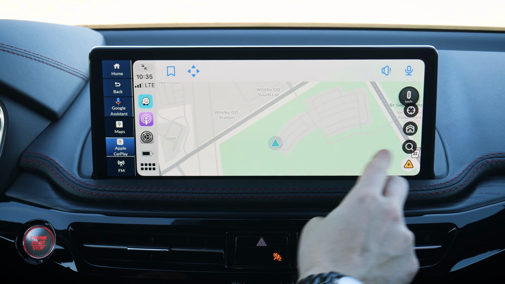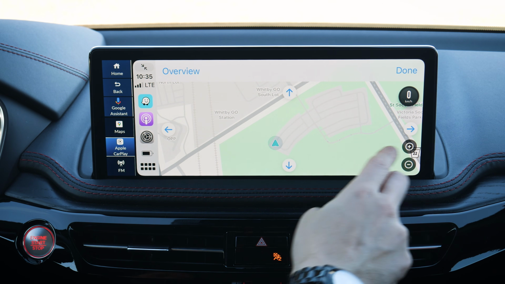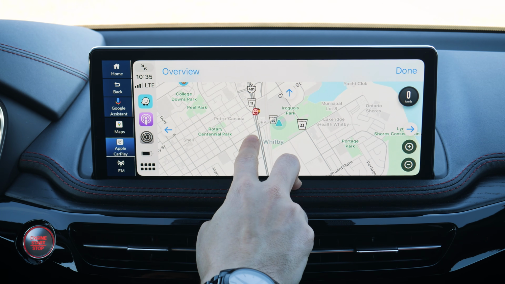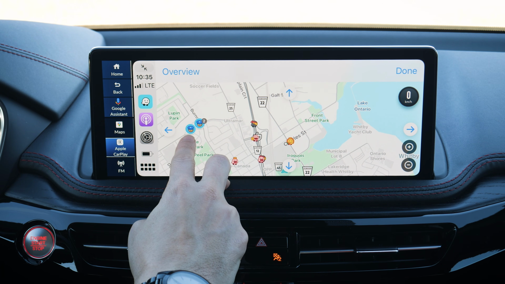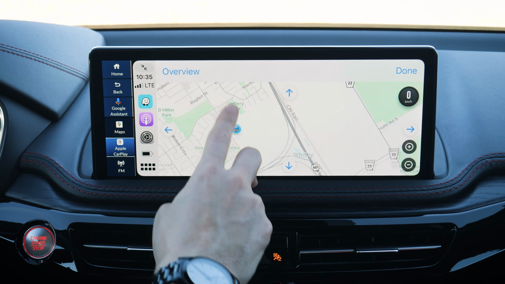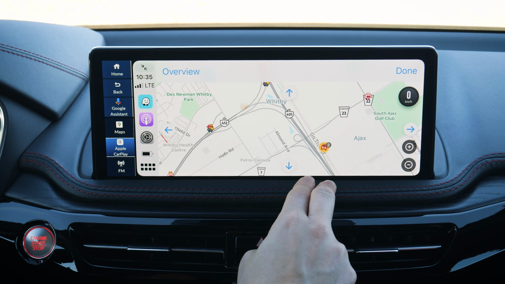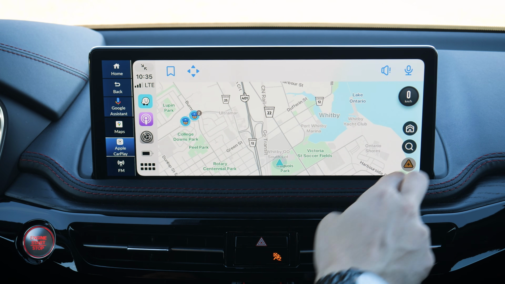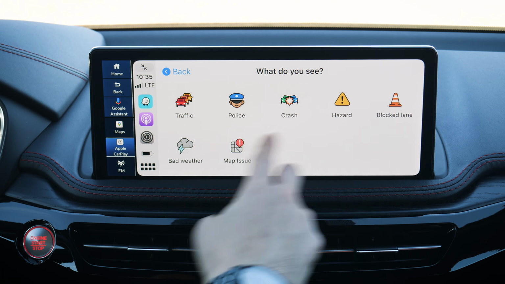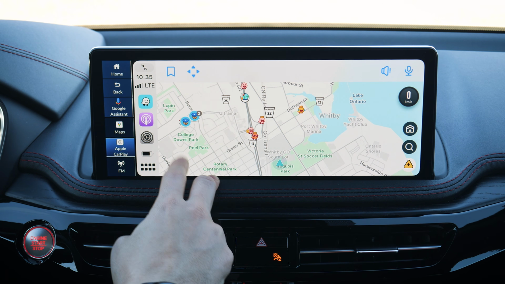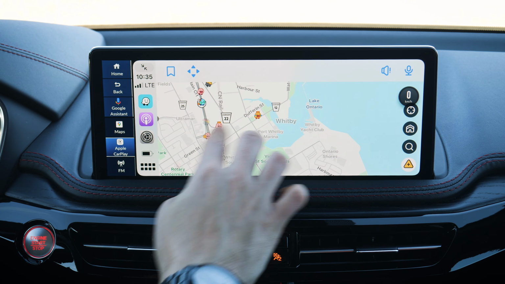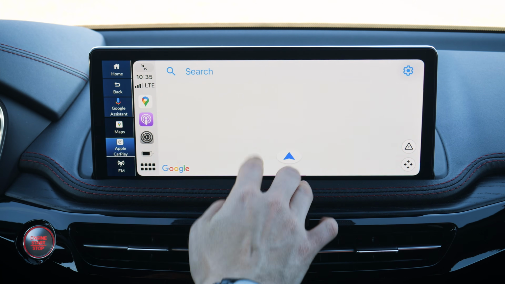My personal recommendation, I'm always a big fan of using Waze for a few reasons. As people are driving along, if they see that there's a speed trap, they're pretty good at marking that off, just so that you've got a heads up. If there's construction, accidents, and things like that, you can mark that stuff off yourself if you'd like to. But regardless of which map application you use, whether it's Google Maps, Apple Maps, or